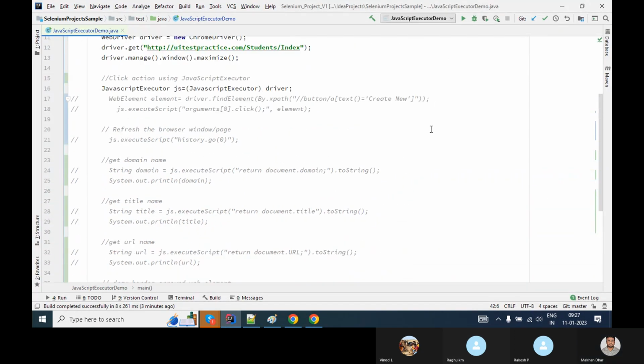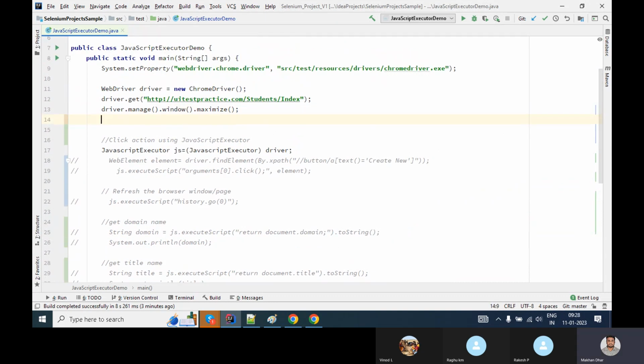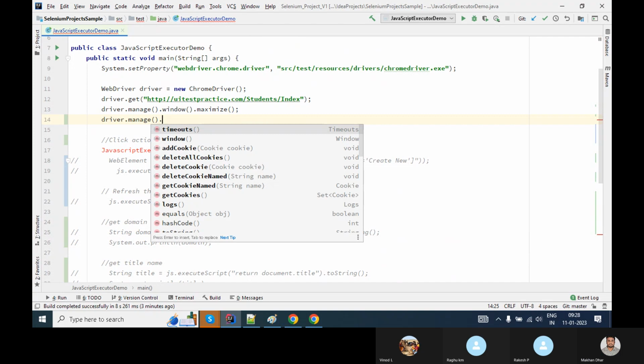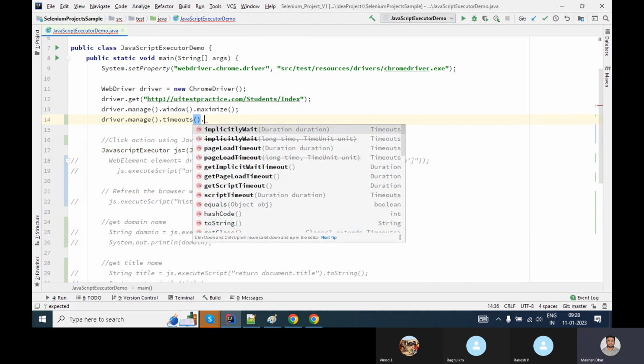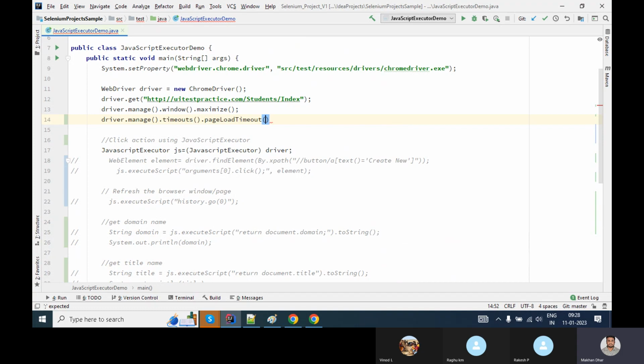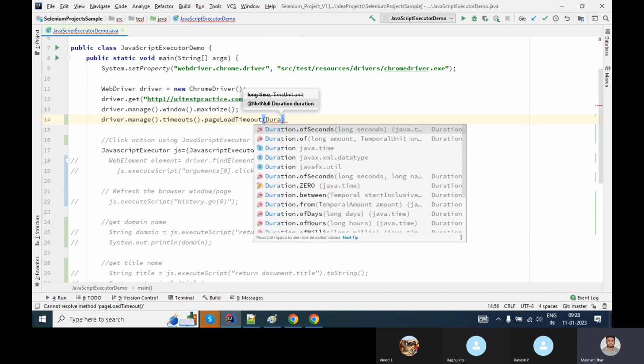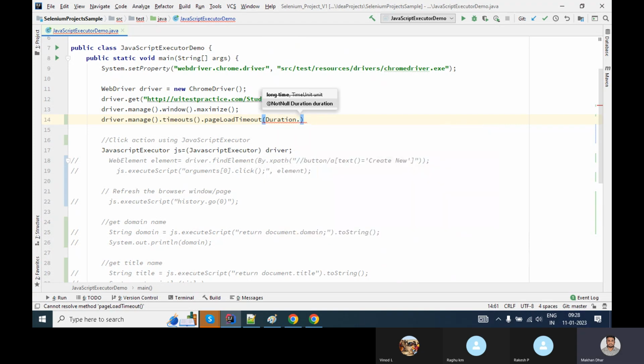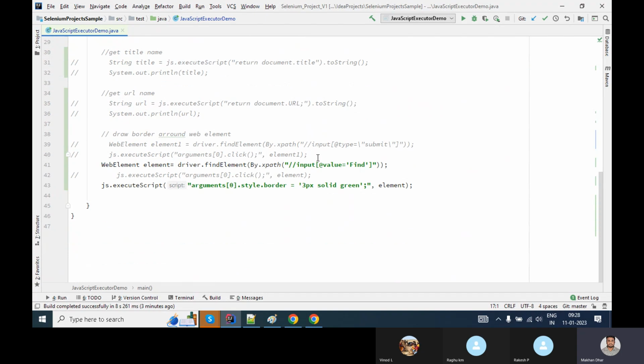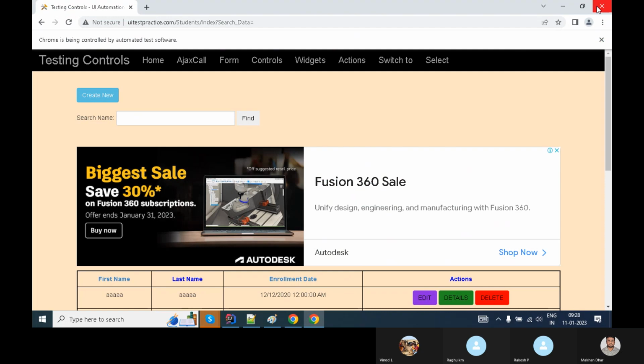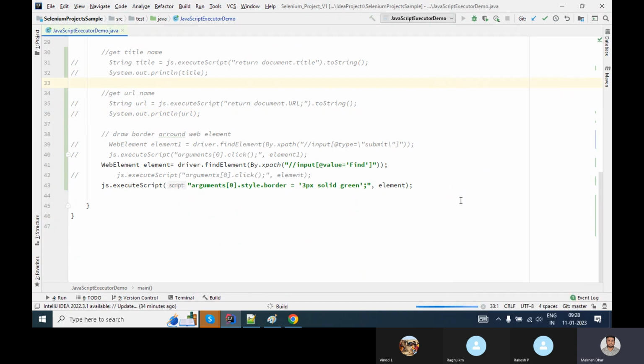Now give me some wait also, to load the page. So driver dot manage dot timeouts dot page load timeout. So we are giving a duration of 10 seconds. So basically 10 seconds we are giving to load the page first and then to interact with the element. Okay. So let me close this one. And now if I run it,